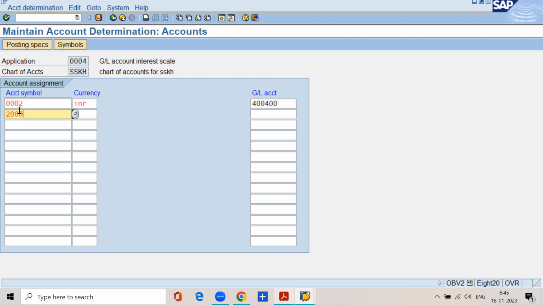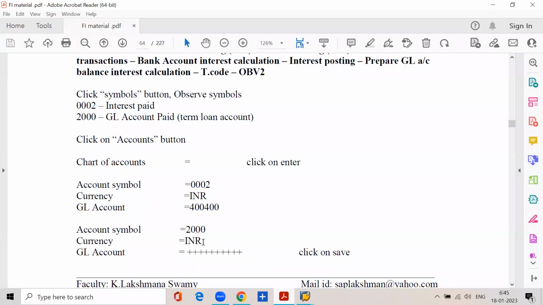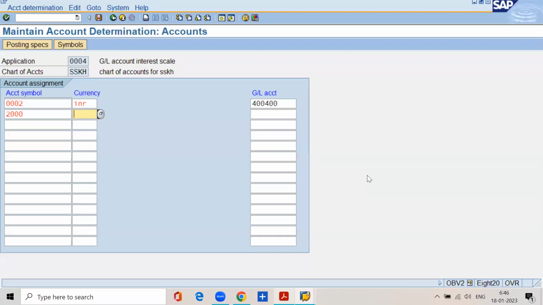Then account symbol 2000, within brackets, GL account paid, that is principal paid, principal amount paid. Currency INR,